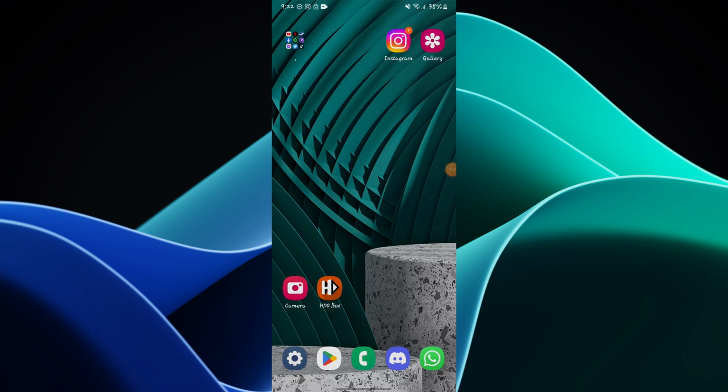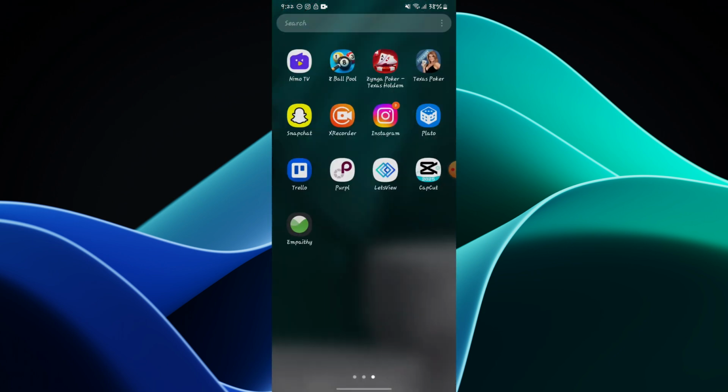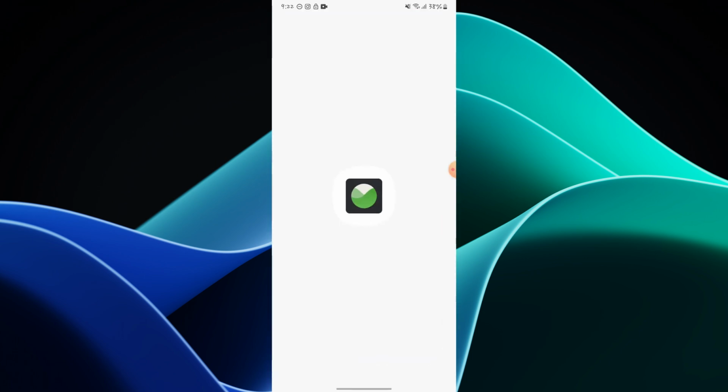Hello everyone, in today's tutorial I'm going to show you how to use your mobile for mental health support. So you're gonna download this application called Empathy. You're gonna open it,